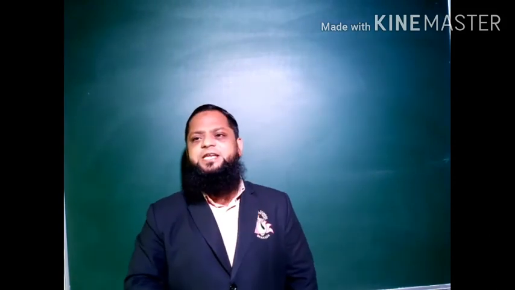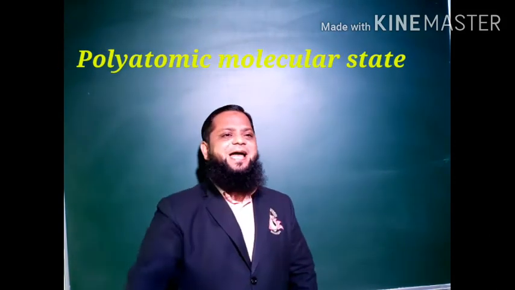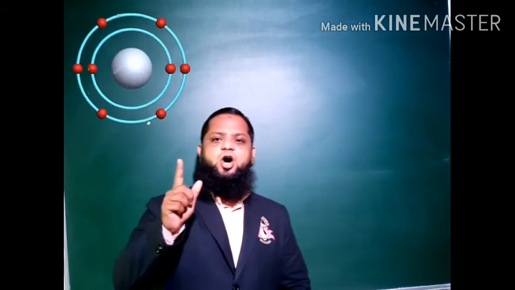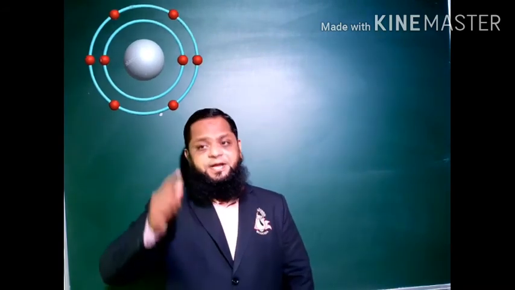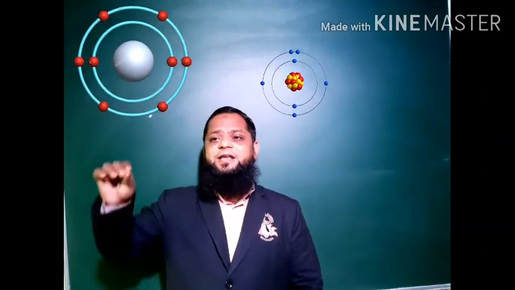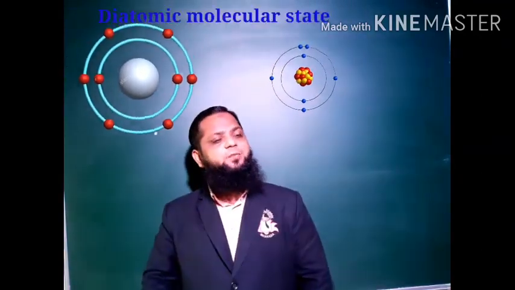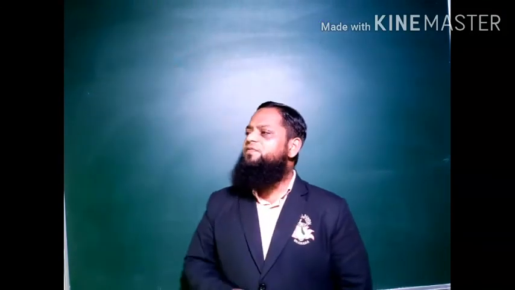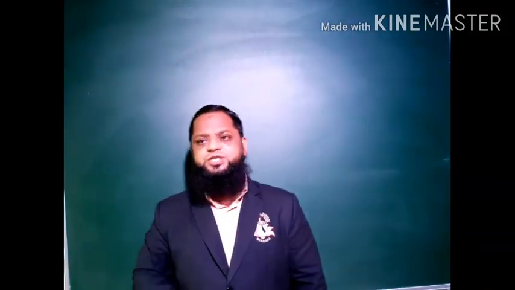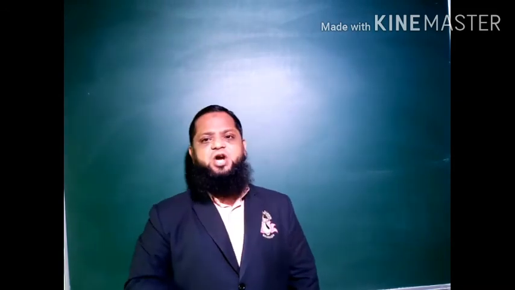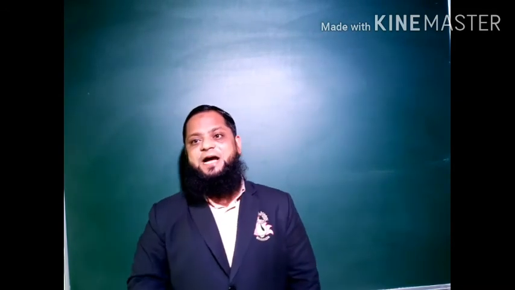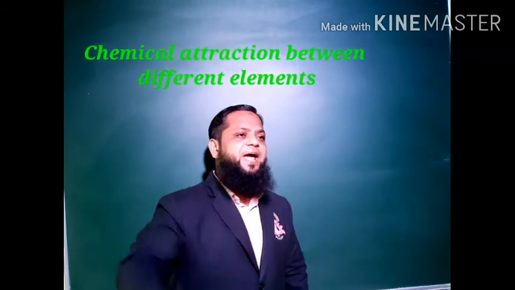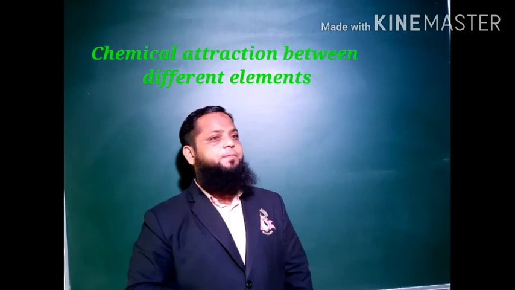Such elements are in a polyatomic molecular state. For example, the elements oxygen and nitrogen are in a diatomic molecular state. When atoms of different elements combine with each other, the molecules of compounds are formed. The compounds are formed by chemical attractions between two